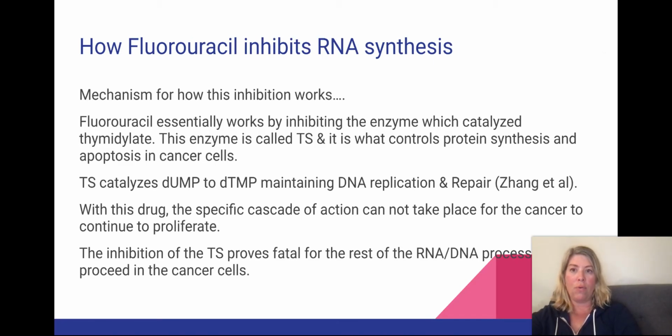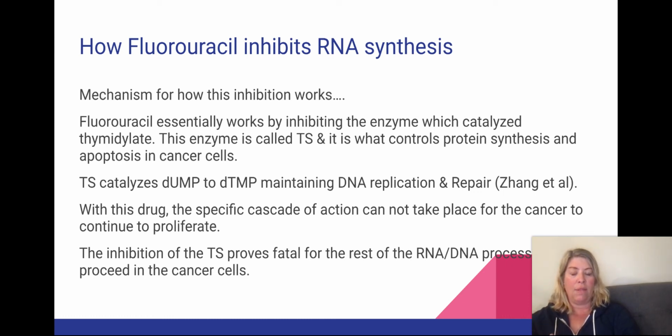So, how the fluorouracil inhibits the RNA synthesis. In terms of the mechanism of inhibition, fluorouracil essentially inhibits the enzyme which is responsible for catalyzing the thymidylate. This enzyme, they call TS or thymidylate synthase, and it is what controls the protein synthesis and the apoptosis in the cancer cells. So TS catalyzes dUMP,